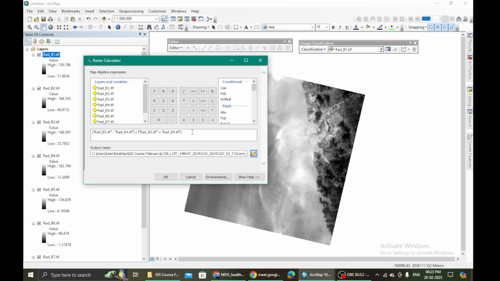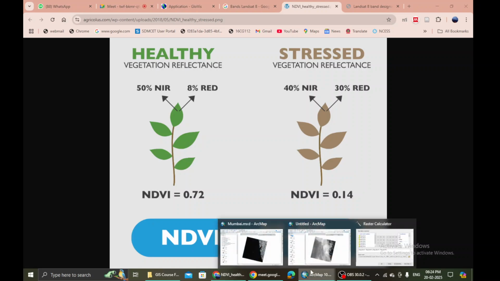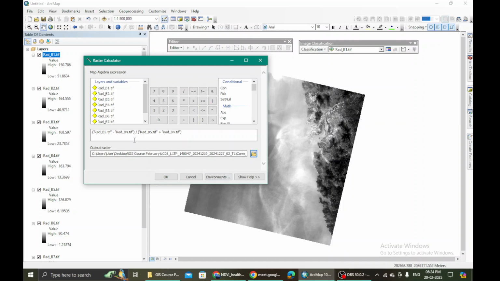This is the simplest one. Henceforth, the technique will be the same, only that I will throw the equation at you and you will have to figure out which bands you will use. So this is not really a consistent equation. The equation in fact is near infrared minus red. So we have to identify which is the near infrared band and which is the red band, and accordingly we will be able to do the rest.